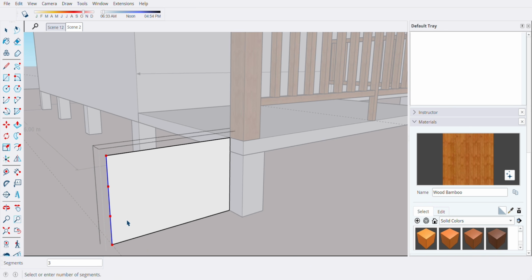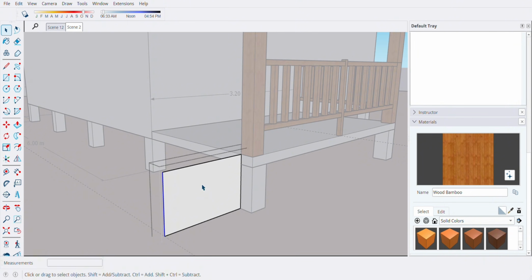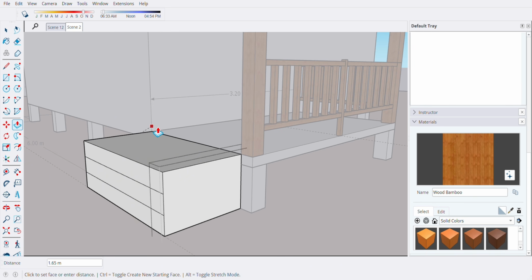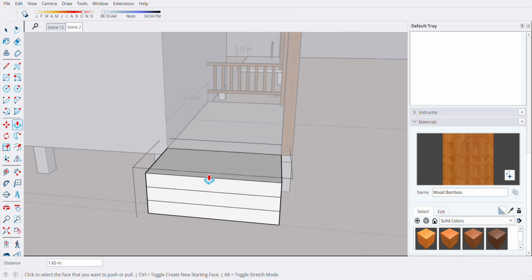Divide this one by 3. Yes, that's right. Divided by 3. And pull this one. See? So I think this is the bonus one. Up to here, no problem.